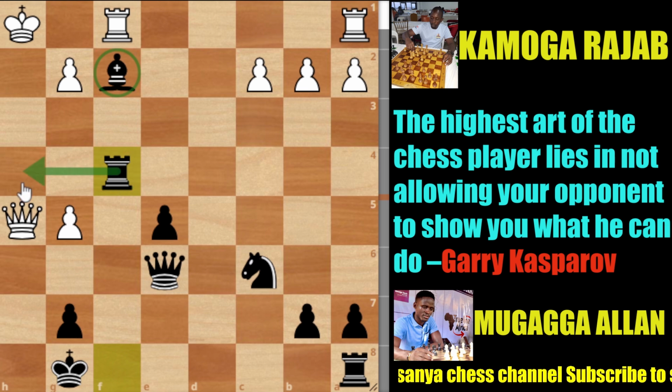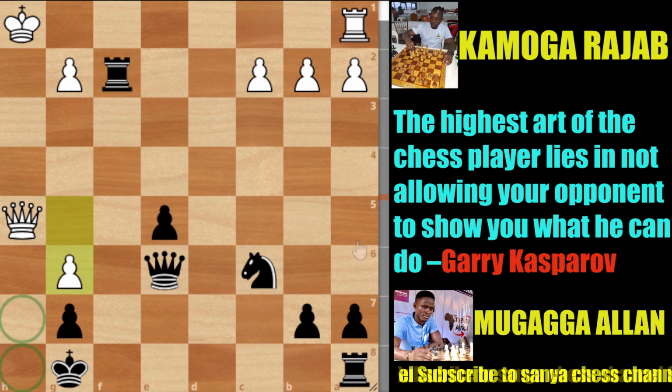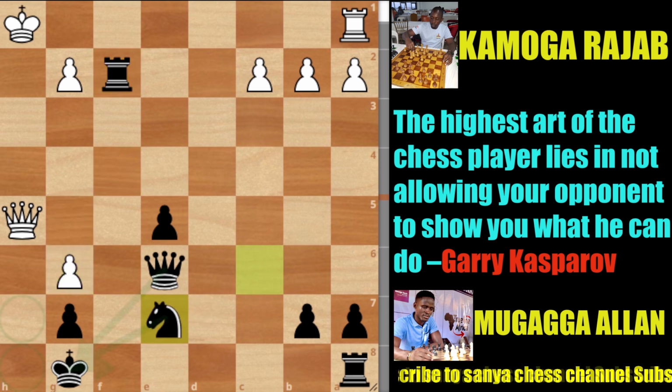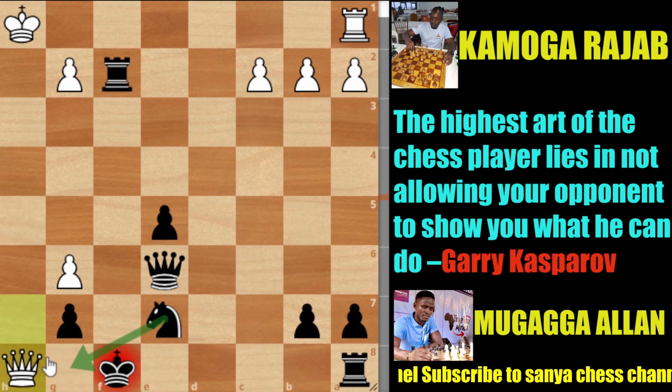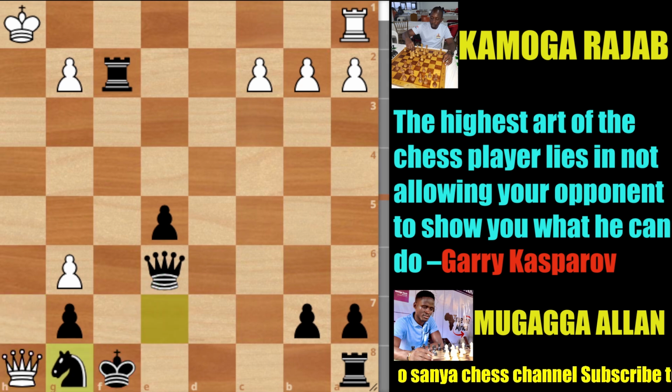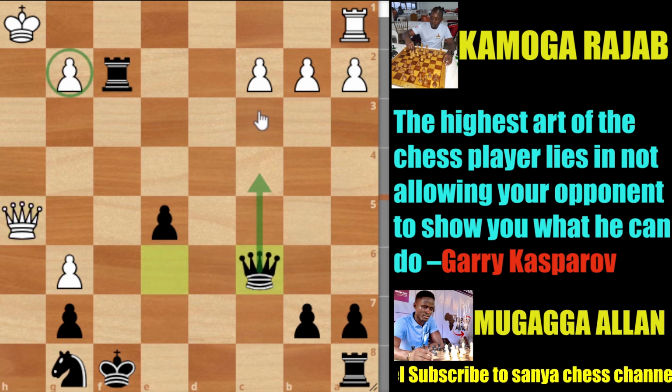That's why in this position, Rajab played rook takes bishop f2, and after rook takes f2, he played g6. In this position, Allan played knight e7. In case of any queen check, then king f8, and after queen h8, either knight g8 or queen can also still come back on g8. And after knight e8, then queen h5, then in case of queen comes to c6, threatening check and also threatening to win the pawn, which can be very dangerous on the white side.